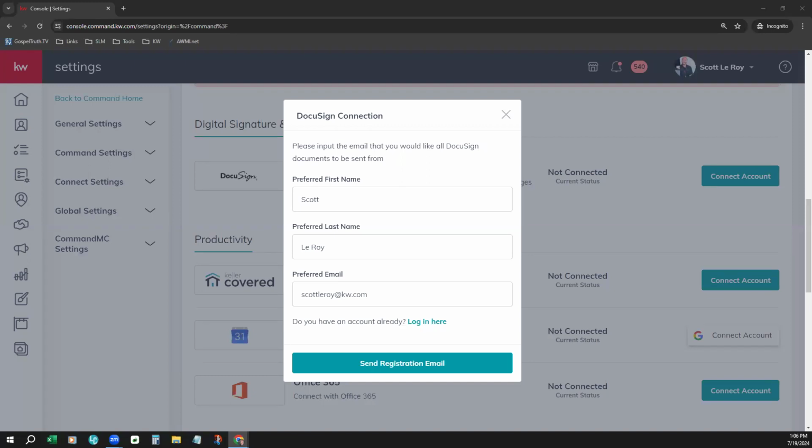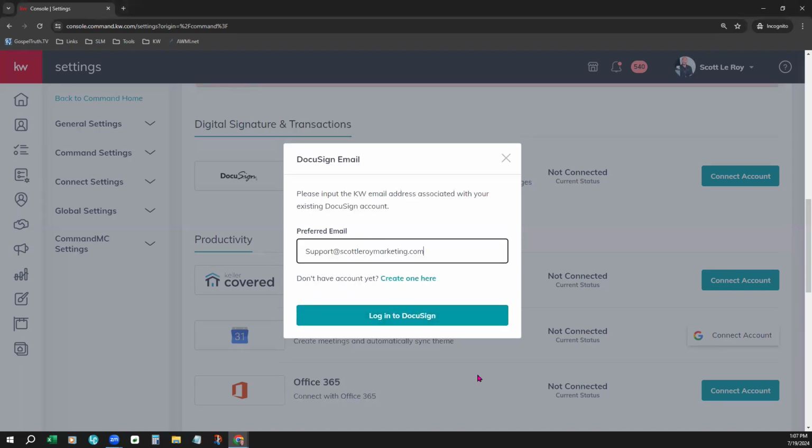If you question this at all, if you're not sure if you have a compatible account or you're hitting glitches, like your DocuSign's not working when you're trying to use it with Command, we can always check that for you. So just let us know. But if you need to create a KW DocuSign account, this is that screen. It's letting you create one. You would send the registration email to yourself and follow the steps in that DocuSign invitation email to actually set up your password. Okay. But since we have an existing KW DocuSign account, I'm simply going to click Login here,